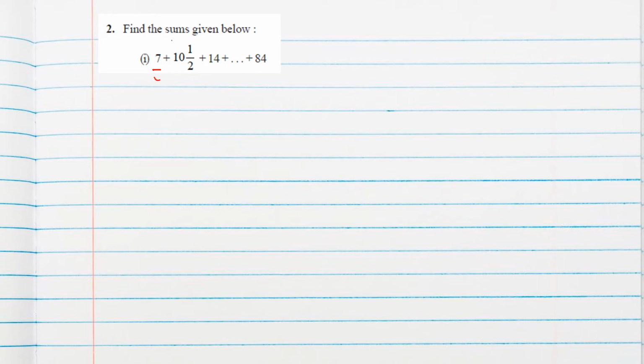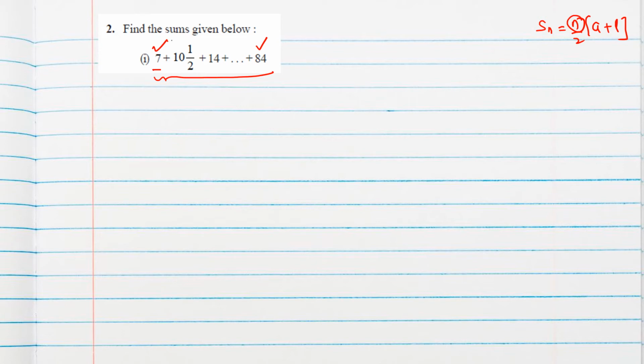So here in this series of numbers, how many terms are there is not given. Because if we want to add, we can add using the formula Sn is equal to n by 2 (a plus l), where a is the first term and l is the last term. We can add, but it is not given how many terms are there.